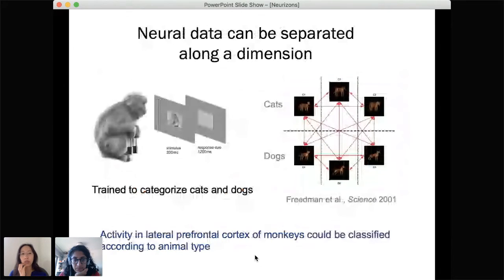Just to give an example of what I mean by this, in this classic experiment that's almost 20 years old now at MIT, they trained macaques to categorize between pictures of cats and dogs. Once the animals were trained, they could see that the neural patterns in response to the cats and the dogs could be separated by a linear classifier like so. So you can see that there was an emergent dimension along which the data could now be separated. Before, maybe the data was just some hairy ball of data, as we often get. But after training, the neural responses could be separated along this new emergent dimension. And this dimension is representative of the task that the animal has to perform.